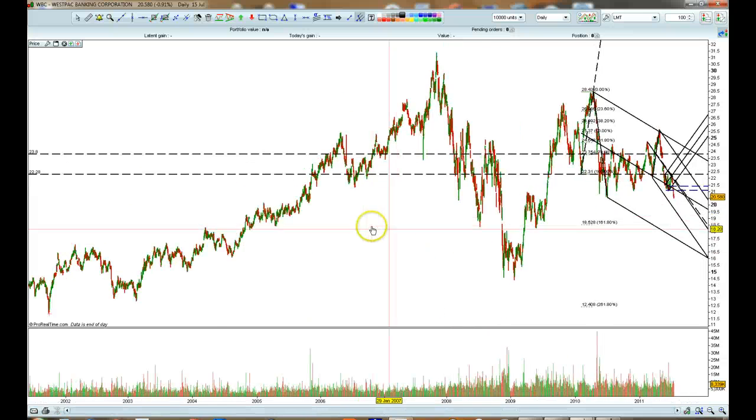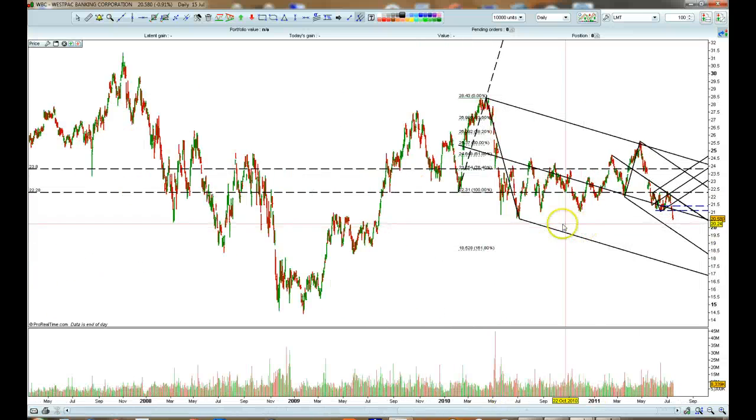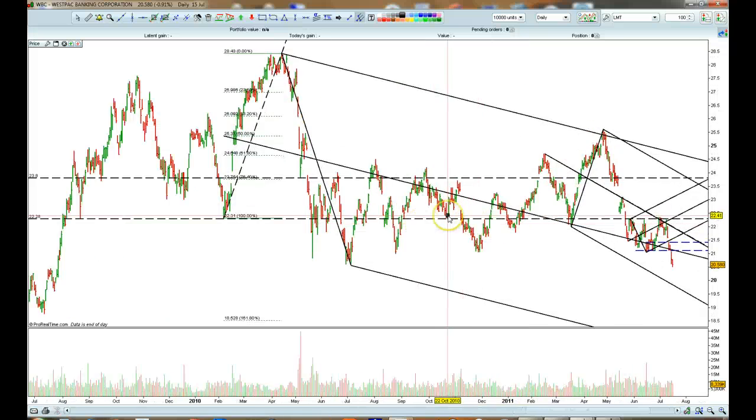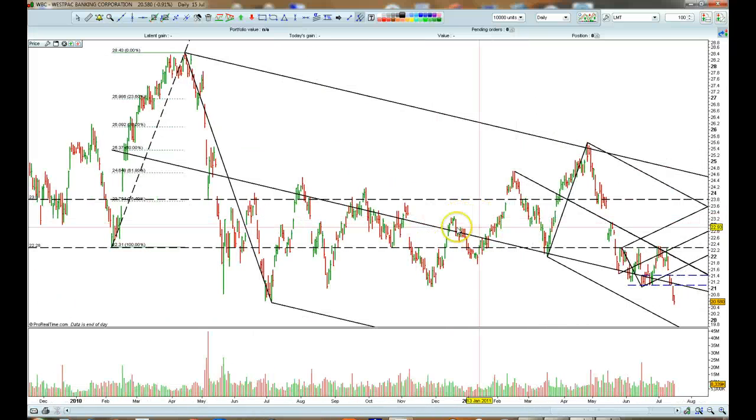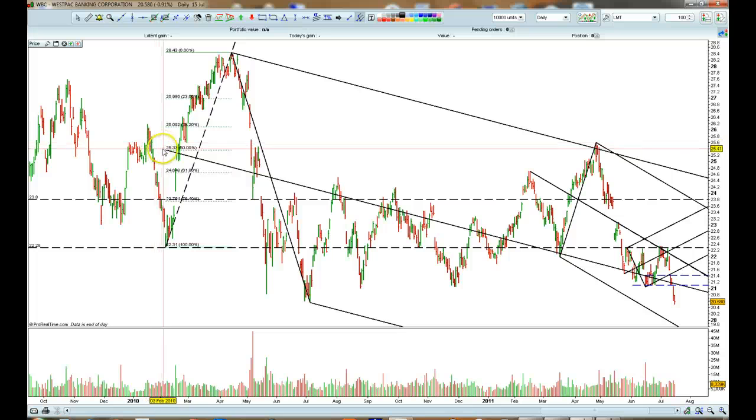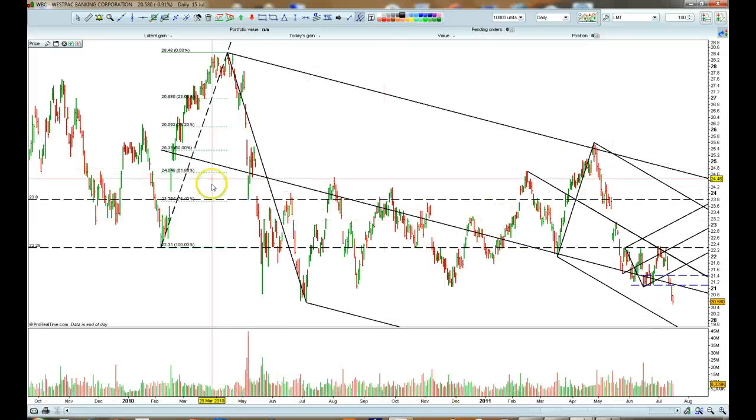Okay, this is Westpac, and we'll just zoom into the recent action here. I've drawn in what looks like a 50-cent pitchfork. I think I drew this in a little while ago, but anyway,